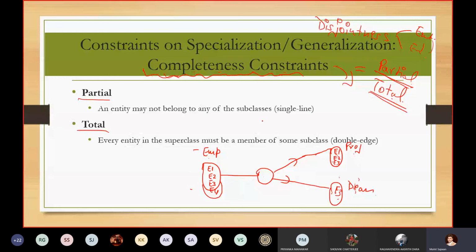So what will happen if I write E3 over there? How many entities am I covering in these two entity sets? I'm covering E1, that is okay. I'm covering E2, that is okay. I'm covering E3, that is okay. But I'm not covering this E4 entity. Hence,